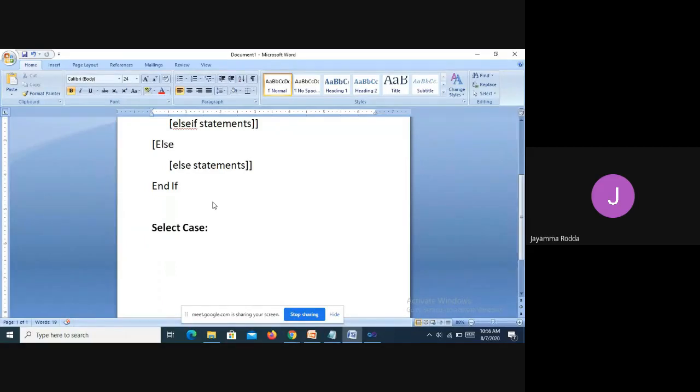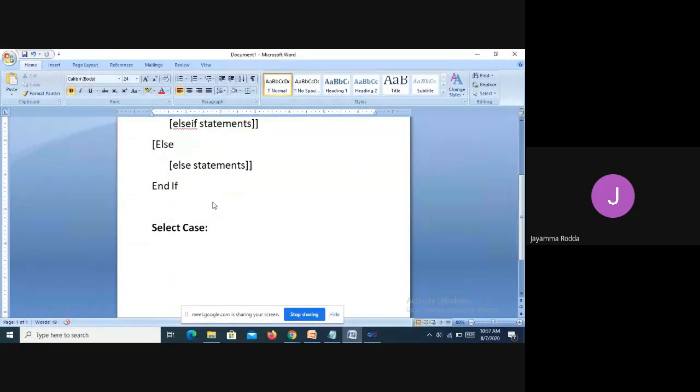What the select case statement does is it compares the value given in the expression with the different values of the cases. If a case matches the specified expression, then the program control is transferred to the matched statement.